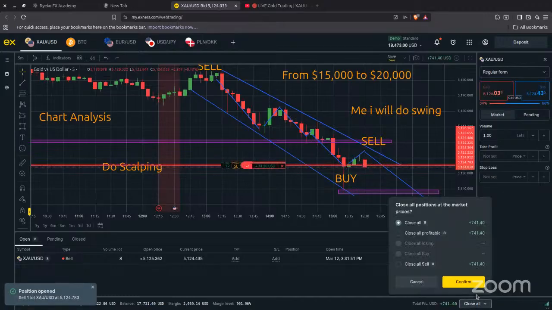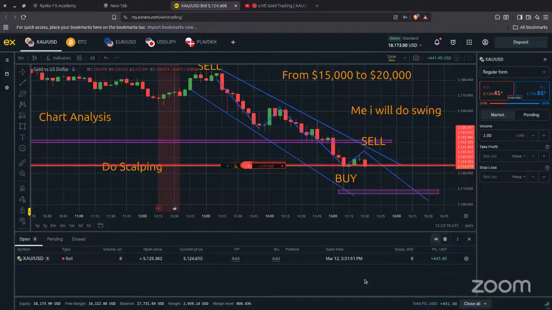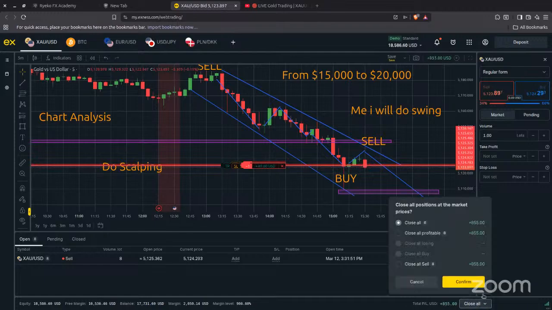Now, this is what I was telling you. If it starts pushing beyond that line, I would make something like 1,000 plus. So if it is not 2,000, I won't close all the trades. 1,000, just to make it quick. But it's testing that zone. I always tell you, if it reaches 1,000, you can take that profit and then reset it again so that you just don't miss out